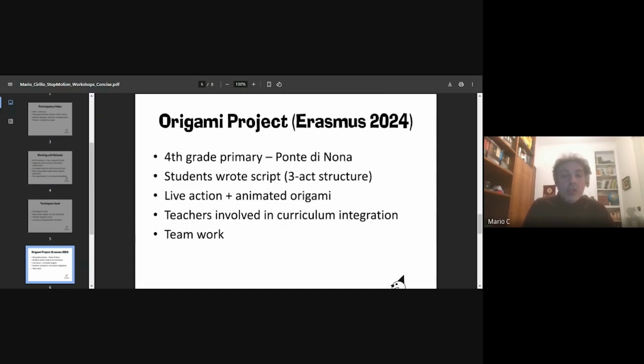So we worked with art teachers, and in this workshop we did in Ponte di Nona with a primary school, we worked especially with the script in collaboration with the teacher. During the Italian hours, outside the workshop hours, they worked on the script together, and it was part of their curricular experience at the end. So the teachers were also involved. And as you could see, very often I also asked the teachers to participate as characters in the short film. So let me show you